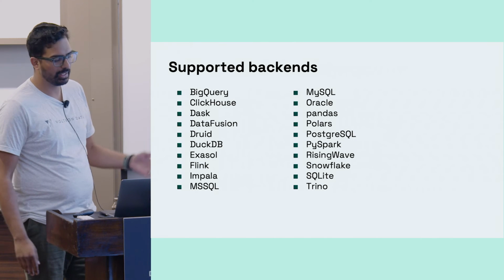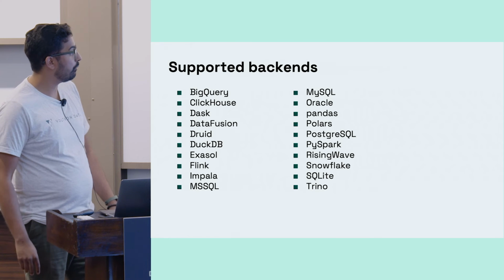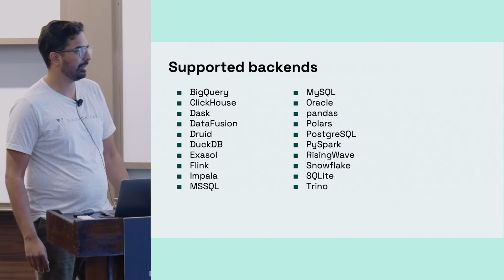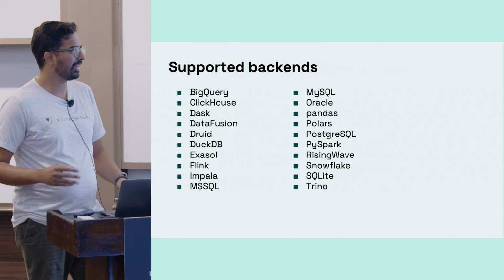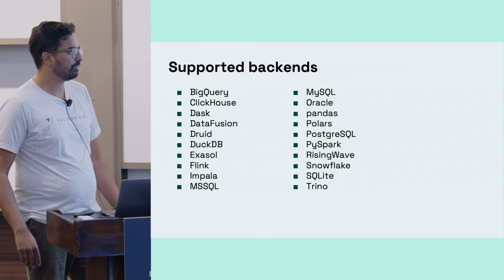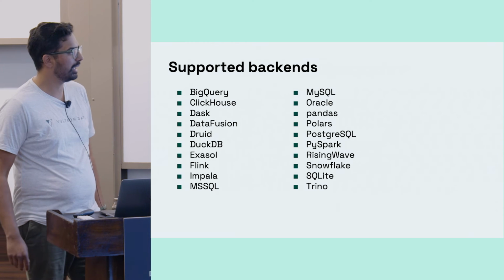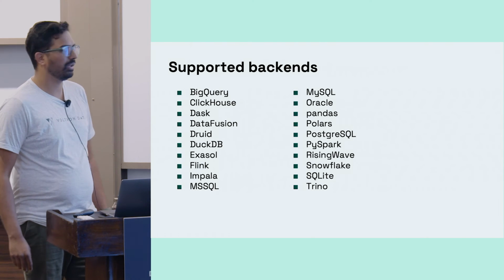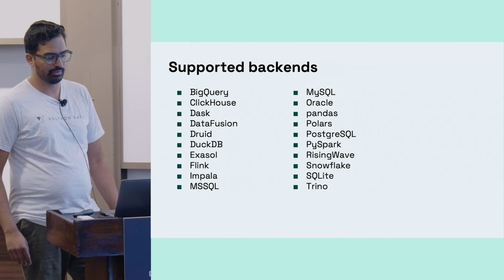You can see a lot of them here. We also always welcome new backend contributions. For example, you can see Rising Wave here. That was actually our second streaming backend. That was something that none of the Ibis team helped with, but it was pretty much fully developed by the Rising Wave team, which was very cool. And we got that soon after the Flink backend. We also saw, for example, a little bit of the DuckDB backend in action today.